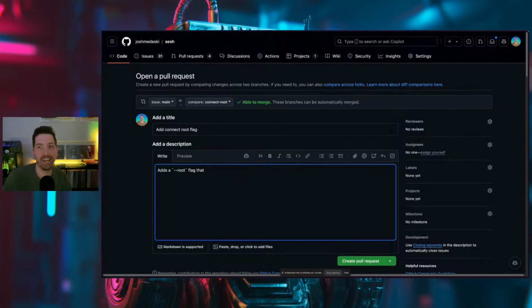The root flag connects to the root of a bear work tree or get root, and ignored if not found. This makes it easy to jump from, I don't know, like dot files, right? We said dot files slash config slash neovim to